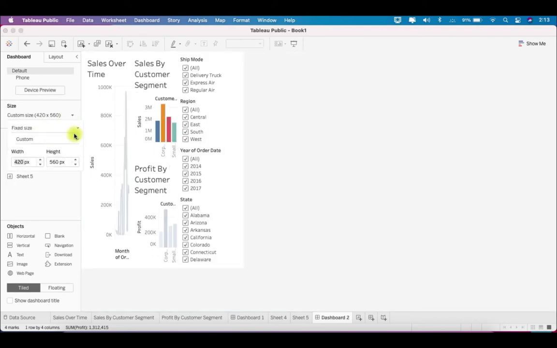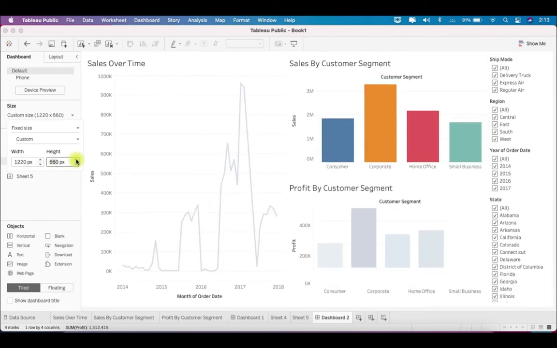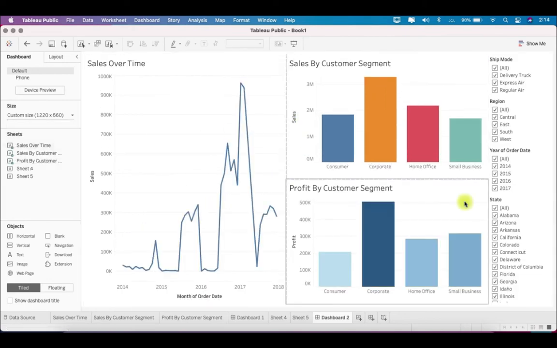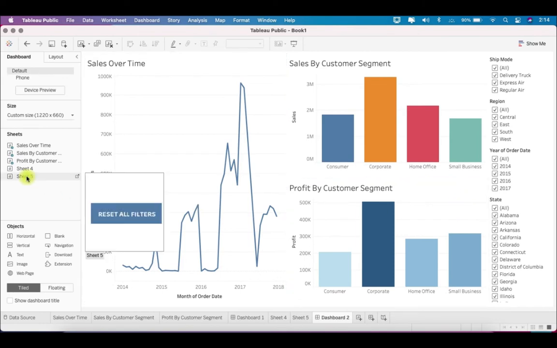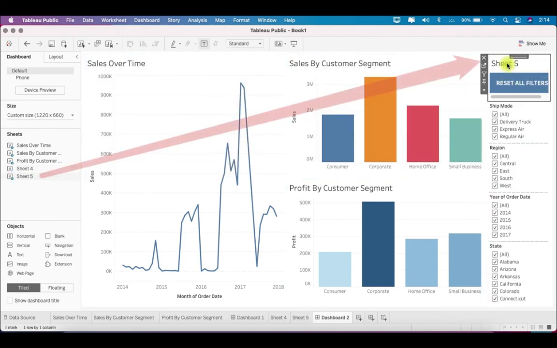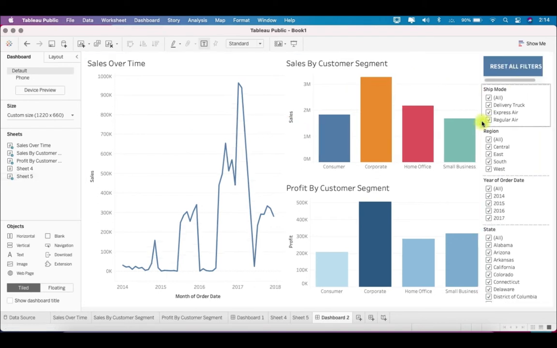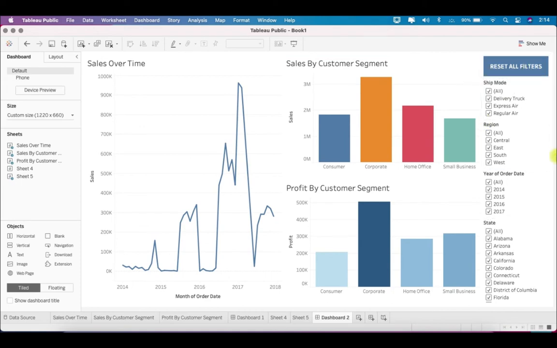and let's fix the size. Okay, I'll increase the width and height. And now we have to just pull in that filter which we have just made. So just bring that here at the top. Okay, hide the title and just adjust this width. Okay, so now this button looks good over here. You can change the position of button maybe to bottom or left top, maybe as suitable for your dashboard.